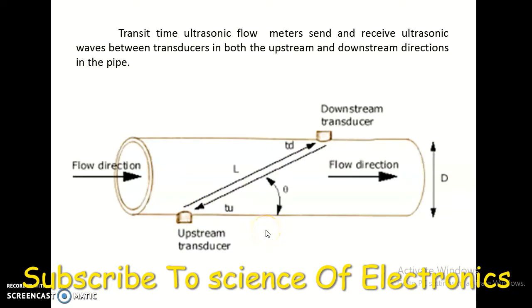We utilize this transit time to calculate fluid velocity. That is, liquid velocity is directly proportional to the difference between upstream time and downstream time. This is the working of the transit time ultrasonic flow meter. We also have to keep in mind that for the transit time ultrasonic flow meter, the liquid must be clean, and the Doppler shift flow meter can be used for liquid which contains solid particles or bubbles or slurries or eddies.